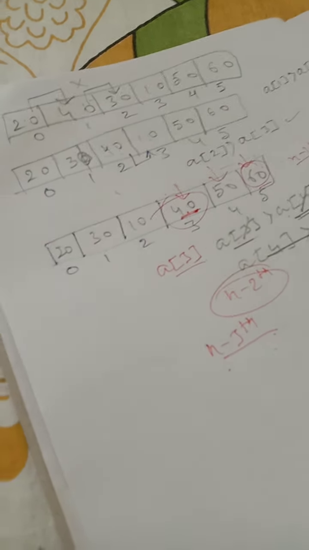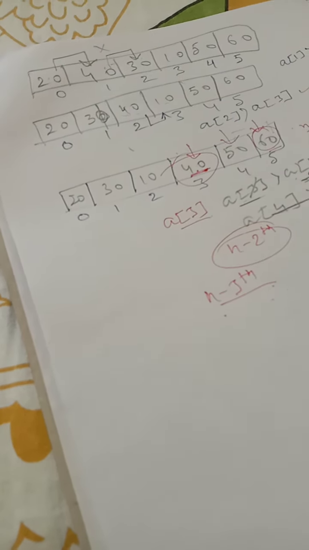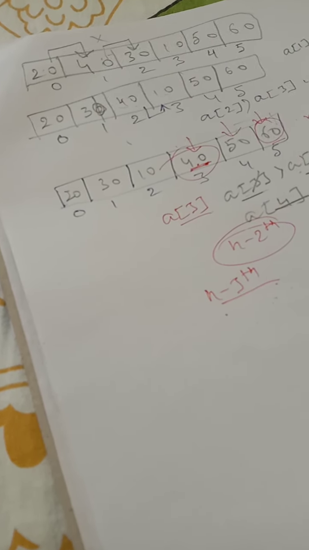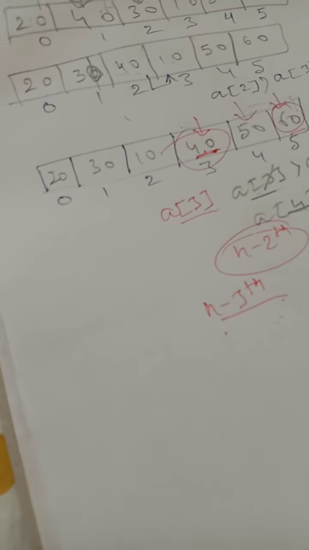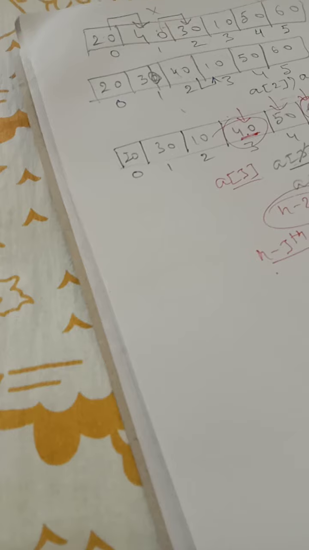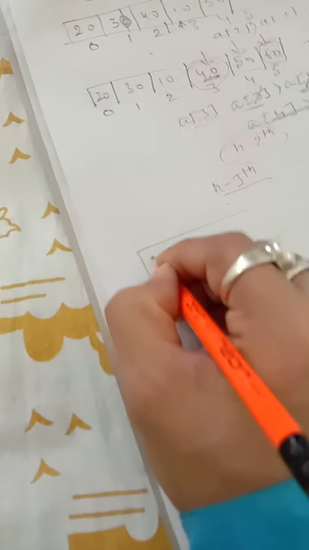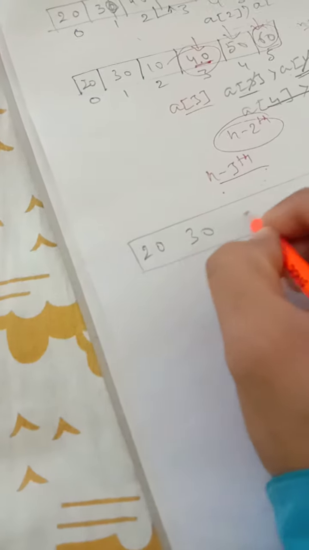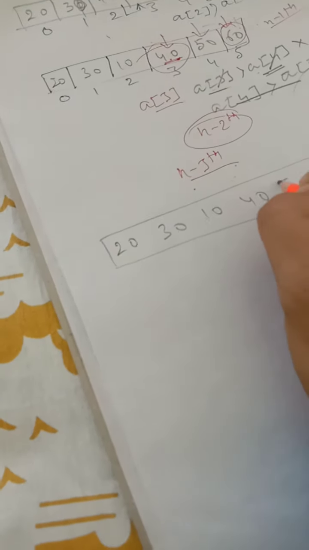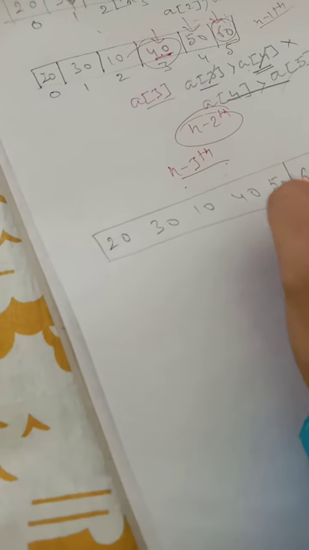So now we will be proceeding again, visualizing our next comparison. That means let us see what happens in pass 4. Now presently we have 20, 30, 10, 40, 50 and 60,